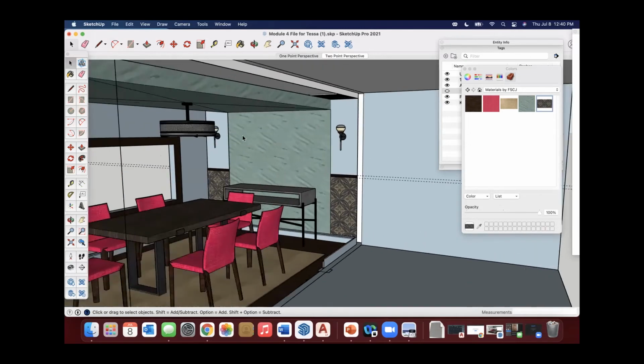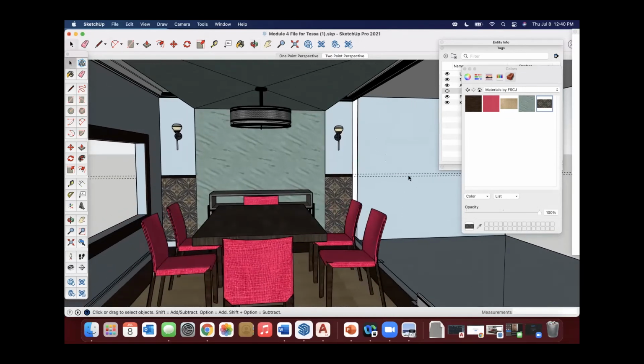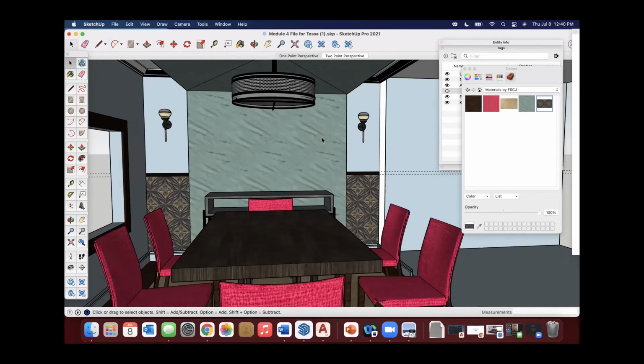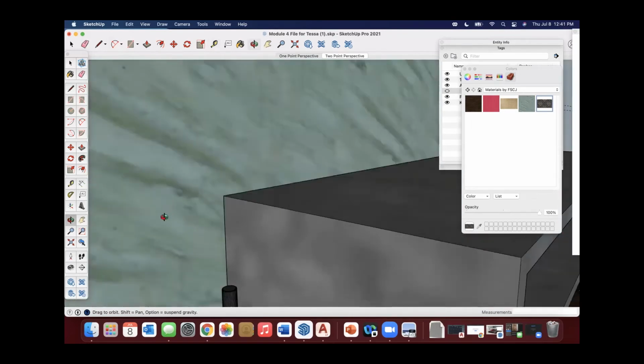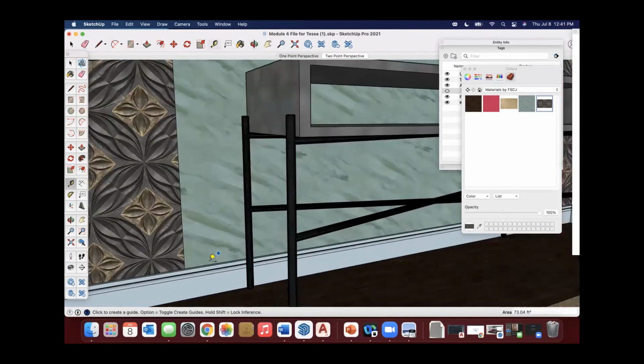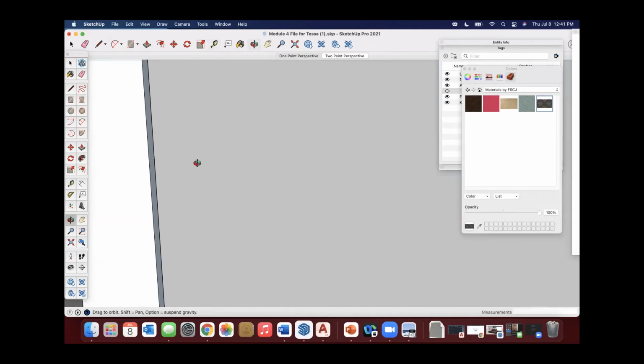So the last thing I'm going to do in this video is bring in that piece of artwork that we created or that I saved to the JPEG. So the thing is, you want to think about the sizing. Now, this one, I downloaded the image and I saved it and I cropped it. And I want to think about my proportions here above the console. So what's kind of nice is I can see that I am going to grab the tape, make sure I'm on the back wall, and I'm going to pull up a guide.